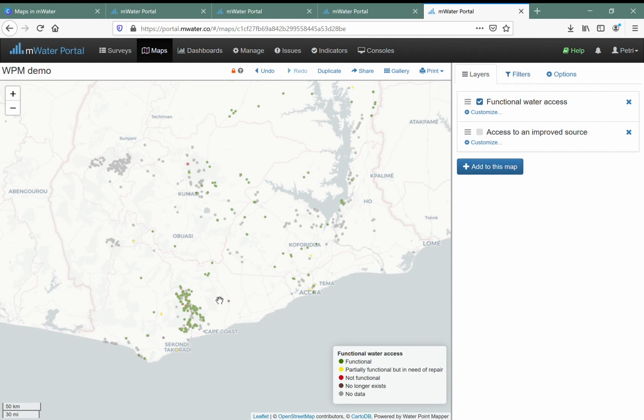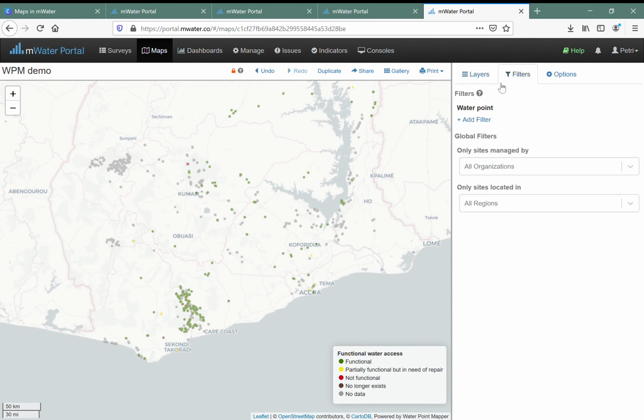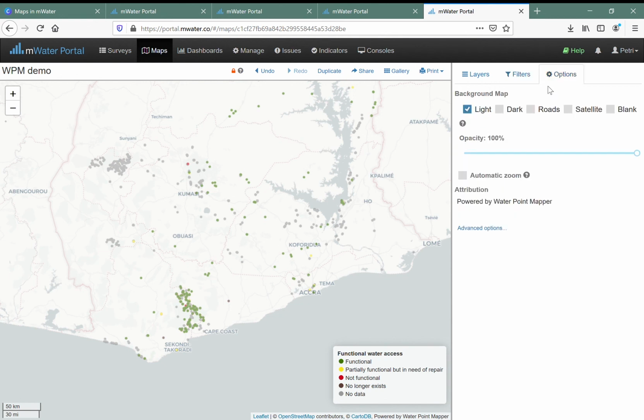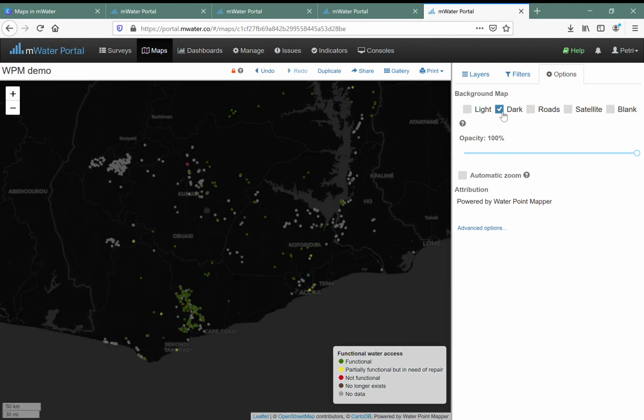And that covers the basics of maps. You can add filters here from the Filters tab that apply to all the water points across these layers. You can add as many as you like. And here from the Options tab, you can choose some basic elements of the map, such as the background